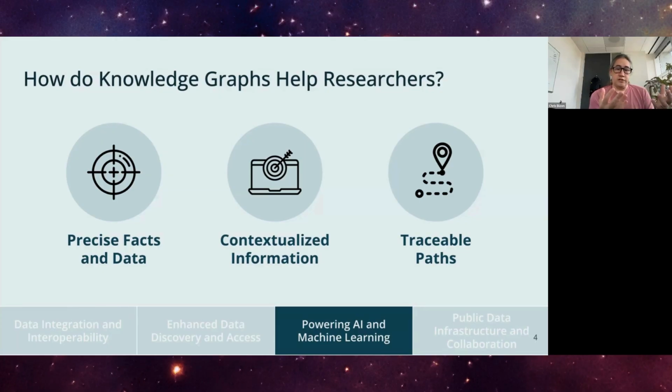But these databases and structured knowledge can be used from the ground up in machine learning applications to extract new information from. If the data is structured nicely, it can also be used to provide context and provenance, such as, what is the source of a particular relationship? Where did this fact come from? How do we know it to be true? And then it also can be used to provide interpretation for various tools.